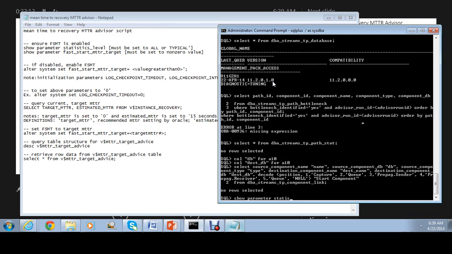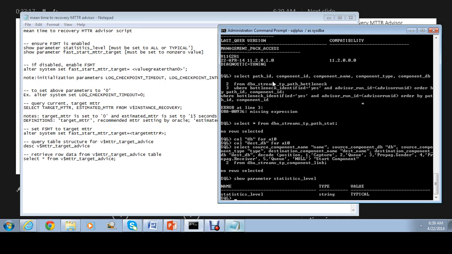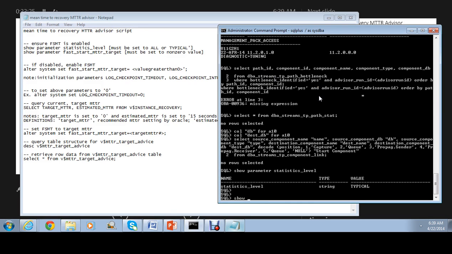statistics level. Mine is currently set to typical, so I'm halfway there already. Next, I need to check my fast start MTTR target. So show parameter